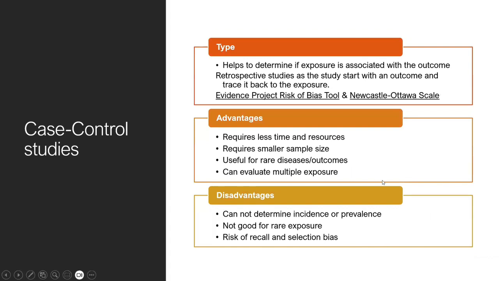Case control studies, again, so you have got cases and you've got controls. Cases have disease and controls don't have disease, and then you follow them up over time. This is usually a good study for rare diseases. If you've got a rare disease, rare outcome, it's a good study to do.